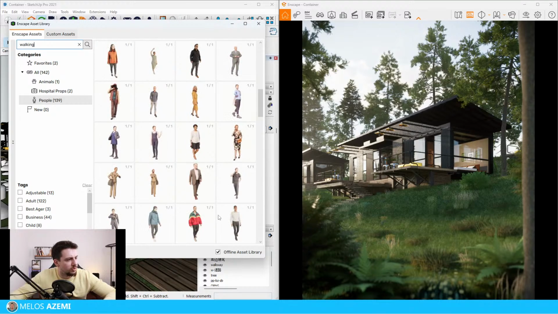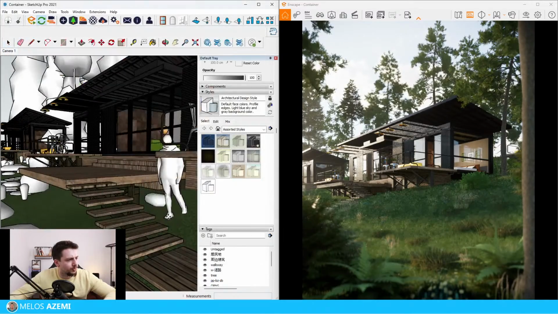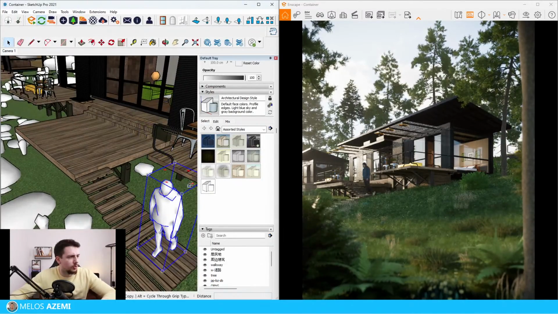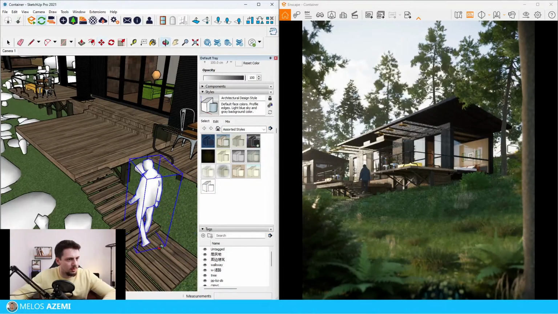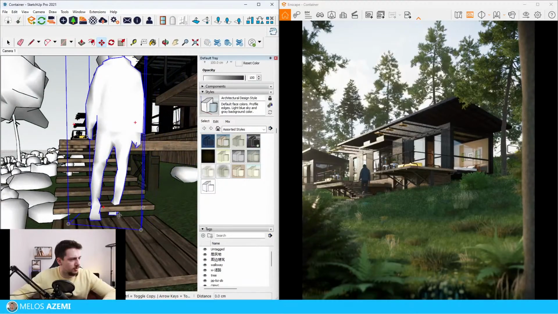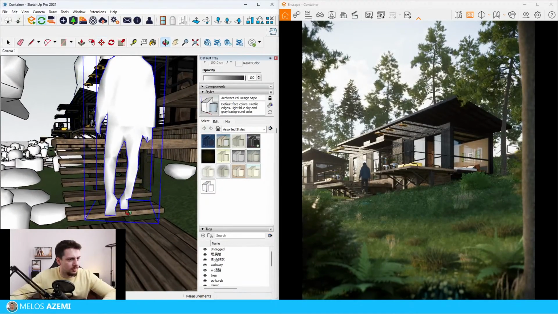I think something like this can work. Yeah, something like this can definitely work. Let me rotate it. It looks a little bit weird walking like this though. No, I think it looks fine. I think the render is looking much better. The fog definitely helps it out. The reflections over here help it out. The trees in the back look good. I think we could pay a little bit more attention to the interior, but other than that,